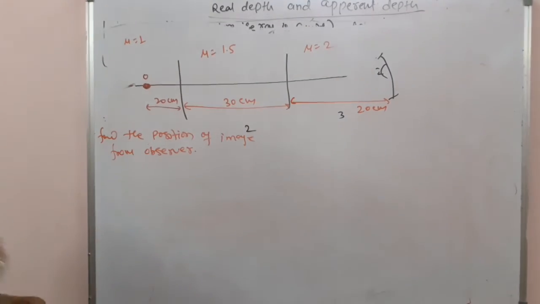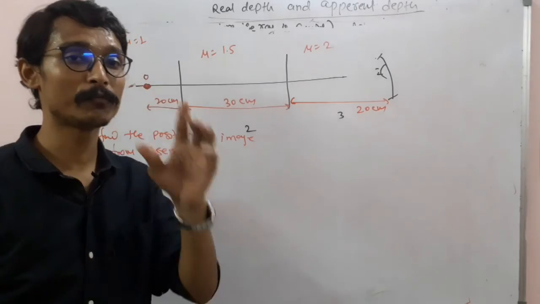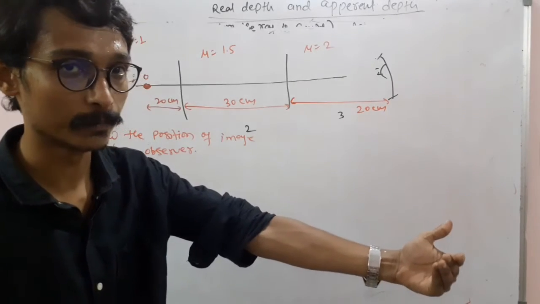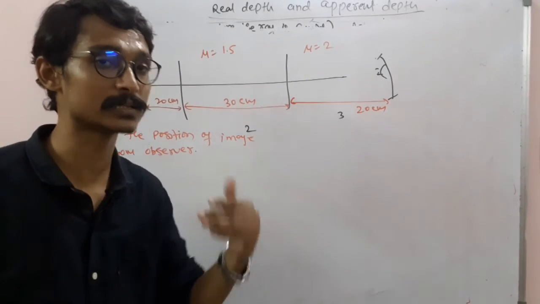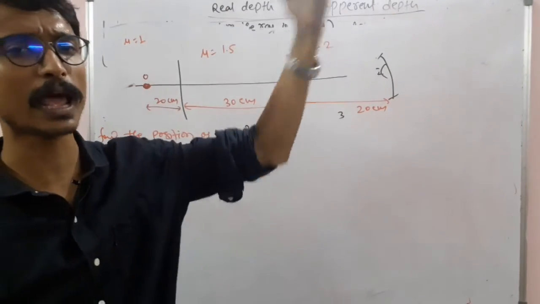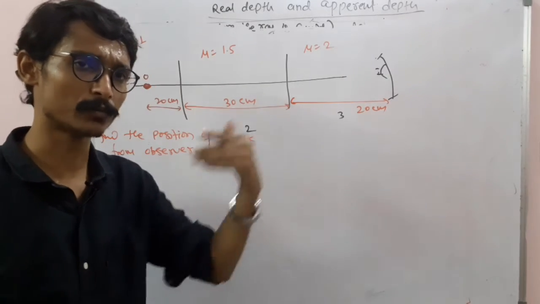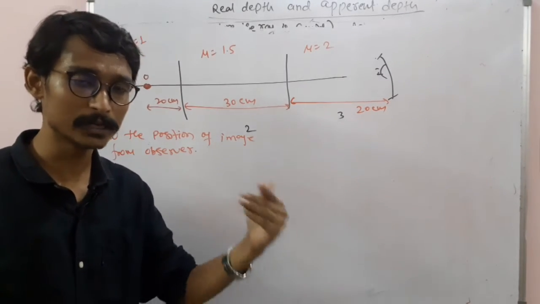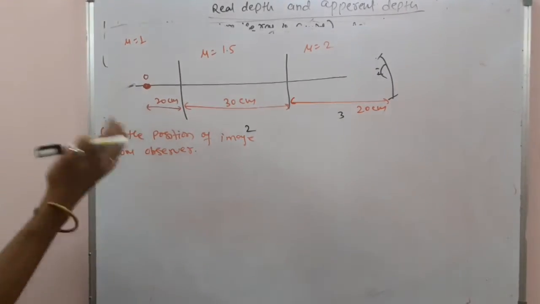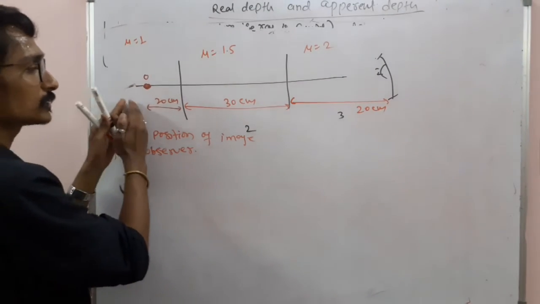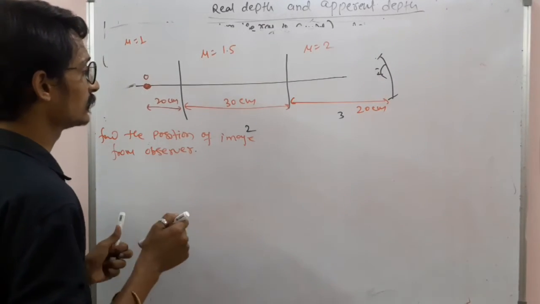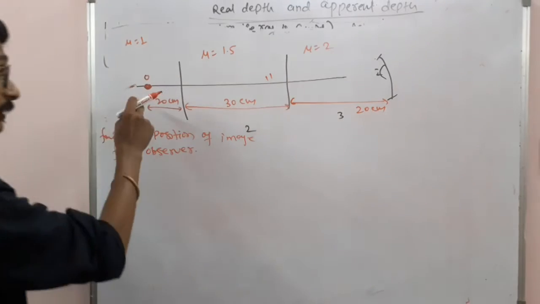But always remember, the image formed by the first surface or first medium always acts as the object for the second one. The image formed by the second surface becomes the object for the third one, and so on. If you have many surfaces, you keep this rule going. We have 3 here, so we calculate with 3. First we need to calculate from here. Suppose the observer is standing somewhere here, so from this medium he will see the position of this image.